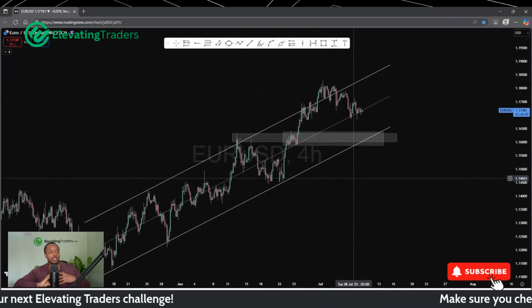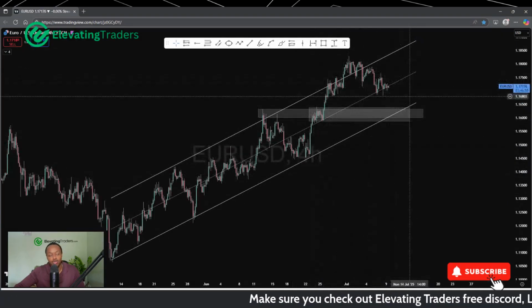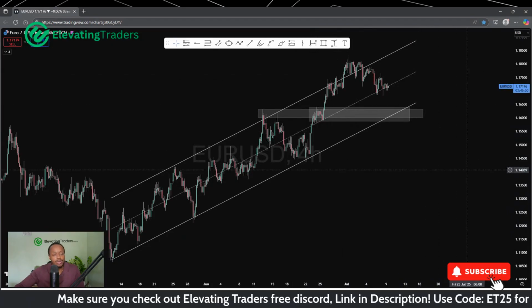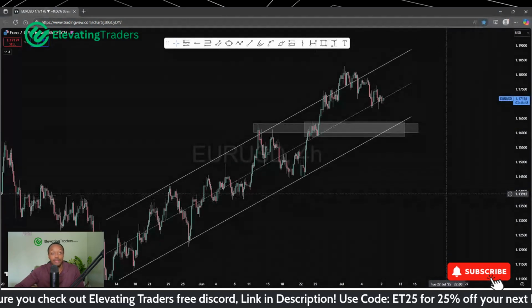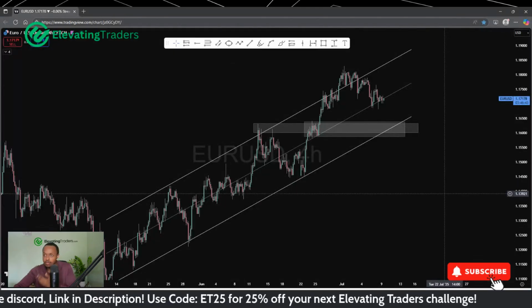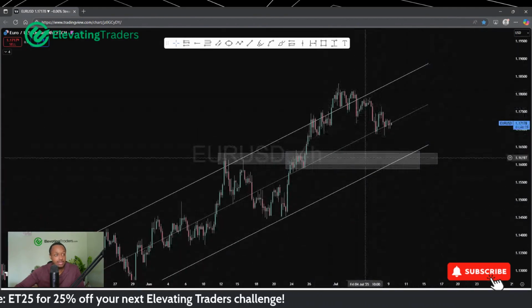Again, same situation. Euro has been heading to the upside for a while. I do think a bigger counter trend move, maybe reversal. We have to wait and see. But I do think we can see a lot more downside in the near future, and that's kind of really where my opportunities will lie. I'm not so keen on buying euro and just keep taking this to the upside, because it